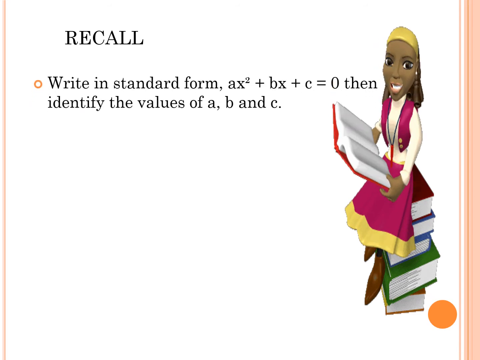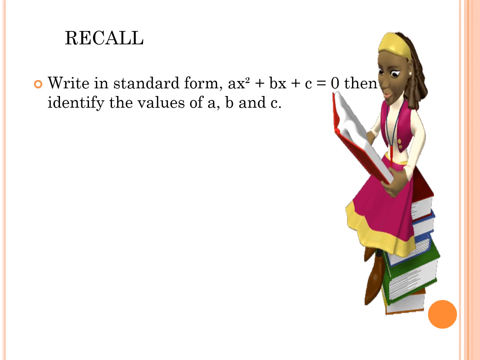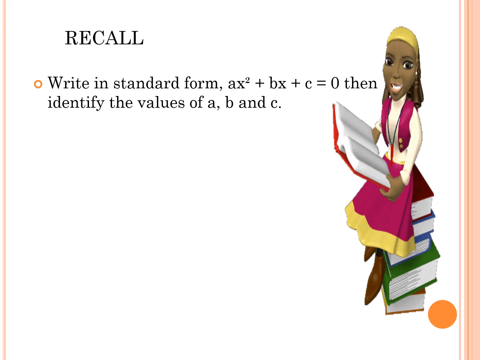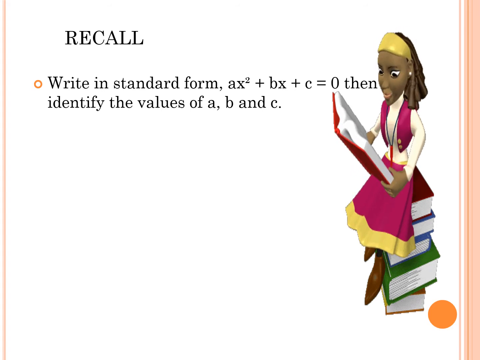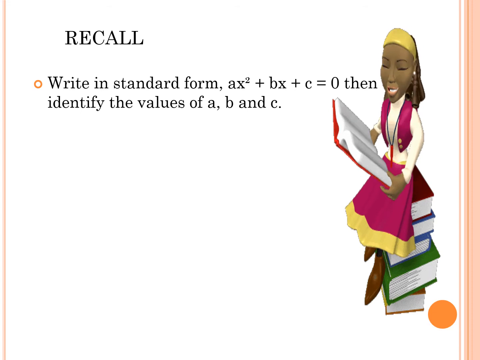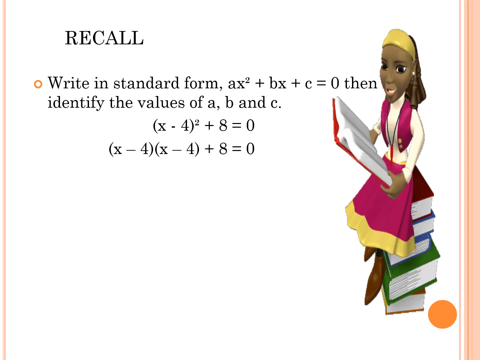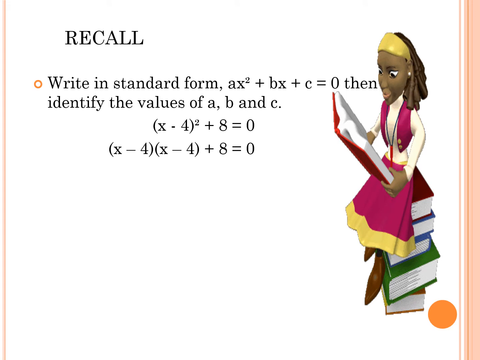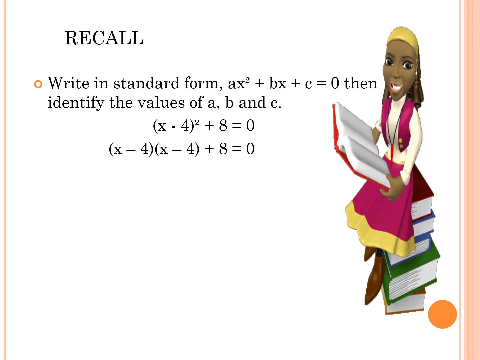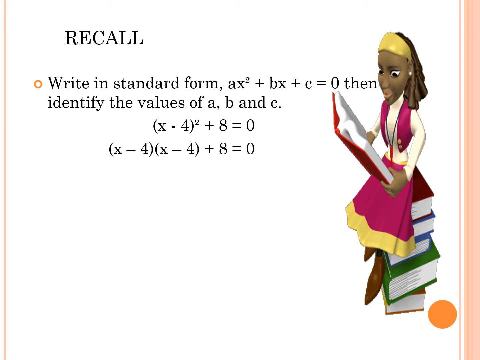Okay guys, before we proceed to our new lesson, let us recall our previous topic, and that is write in standard form ax squared plus bx plus c equals 0, then identify the values of a, b, and c. Given x minus 4 quantity squared plus 8 equals 0. So, x minus 4 quantity squared means x minus 4 times the quantity of x minus 4, plus 8 equals